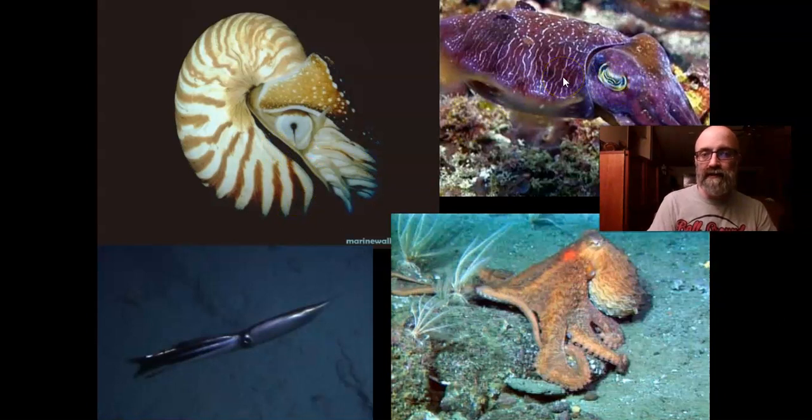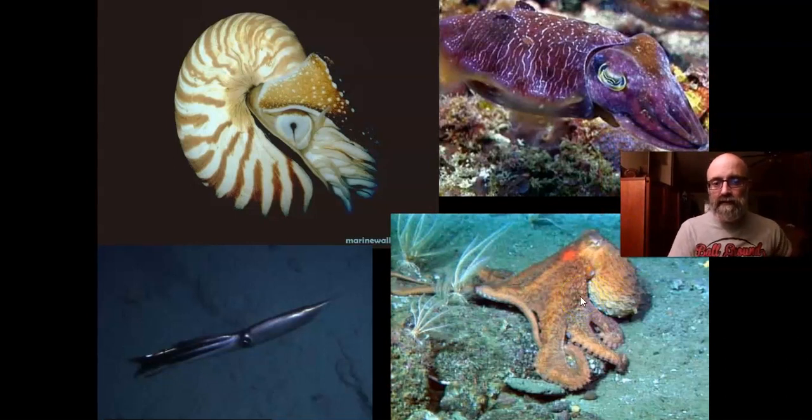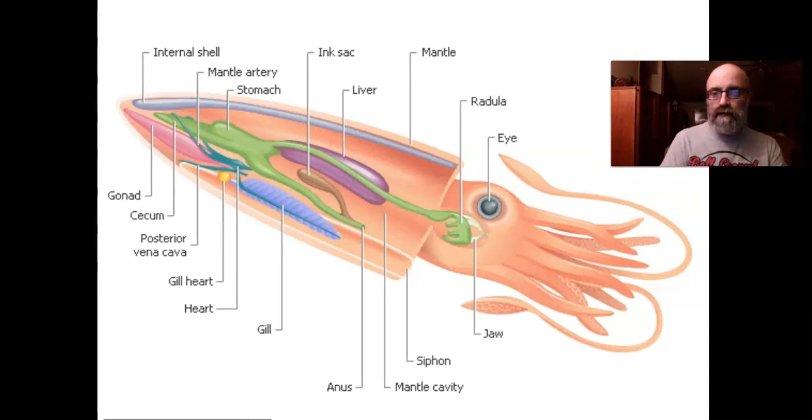This is a cuttlefish. Cuttlefish are really neat. They can match texture and colors to their background. Chameleons have got nothing on a cuttlefish. All the different octopi, squid. Very cool group of organisms. There's that dissected squid, and we see that pen inside, which gives the squid some rigidity, sort of like a backbone. See that here, the internal shell. We're going to look at these in lab in some detail, the arms, tentacles, little funnel